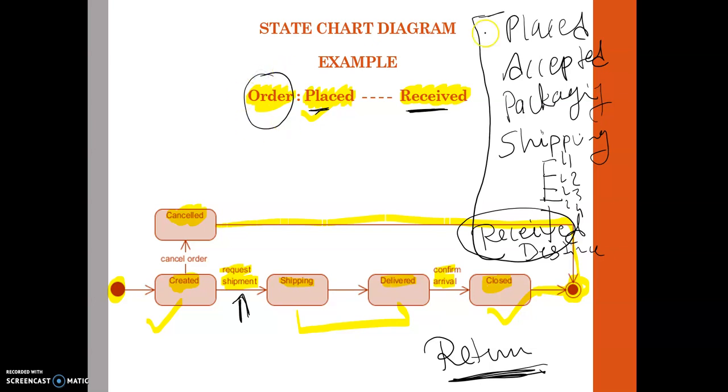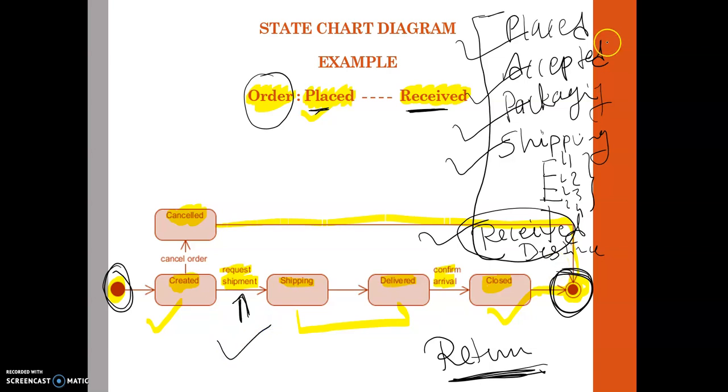So when I place the order, first I need to place, then it will be accepted, then it will go into packaging, then it will go into shipping. During the shipping it can be in multiple locations, and finally I will receive. So this is my end. I place the order and I receive the order. That's it. So this is just an example,